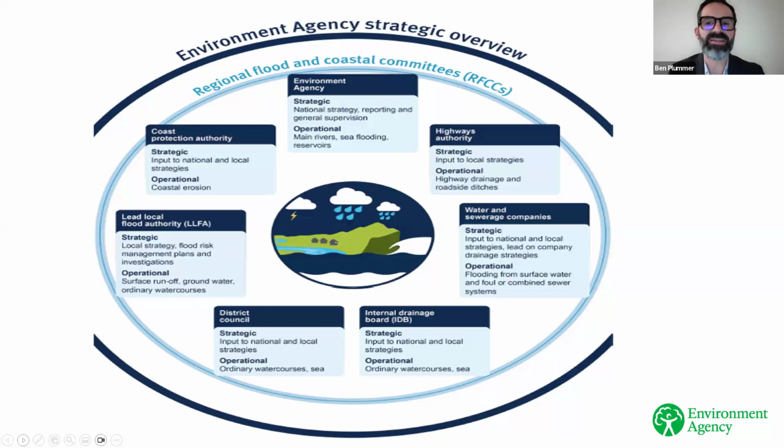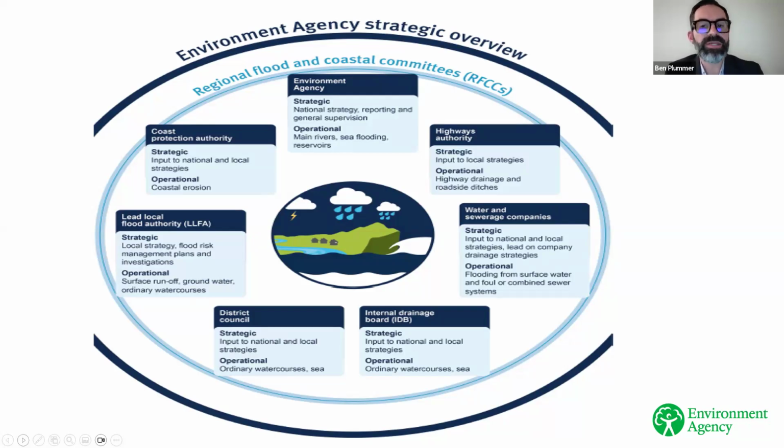A good understanding of flood and coastal erosion risk is obviously the key first step in managing flood risk effectively, including making informed decisions on the location, design and whereabouts of new development. We've been producing national flood risk datasets to support planning decision makers, people working in planning, and developers for a number of years. The data has co-evolved with planning policy.